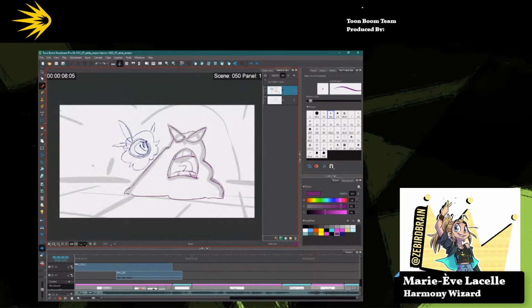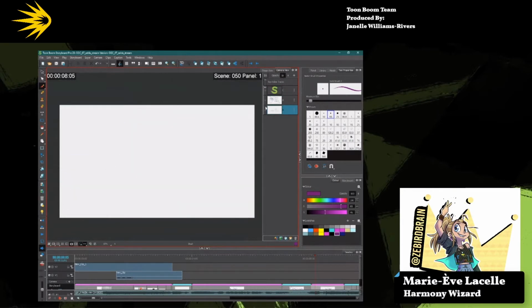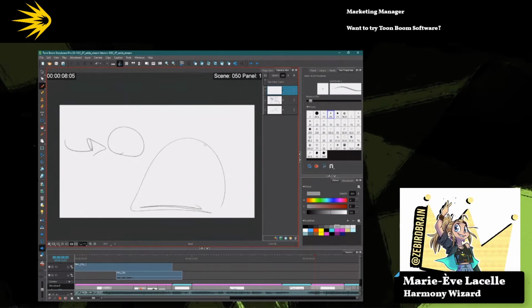Because if instead of having this, my board was just this, this is not okay. This is not a board either. This is a thumbnail at most, because I'm missing a lot of information. Like what is the emotion that these characters are feeling, if I can call them characters? For your board to communicate to your team and your